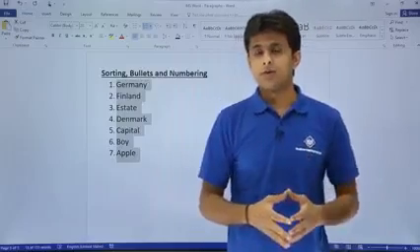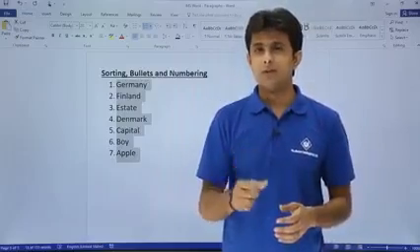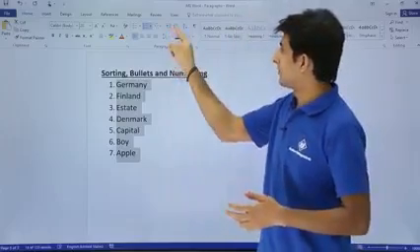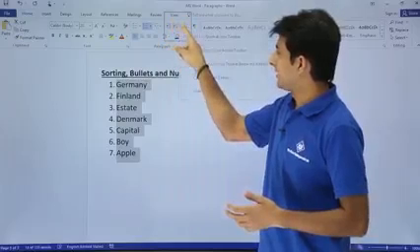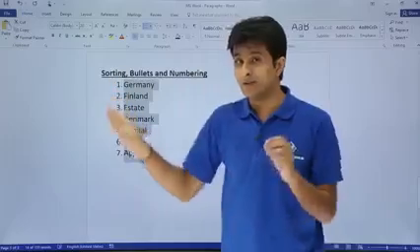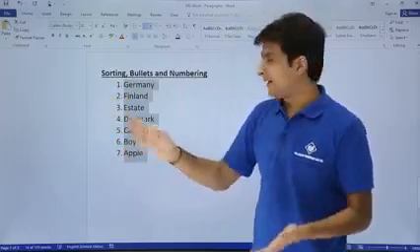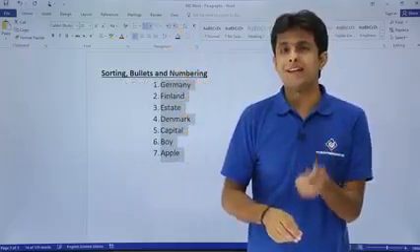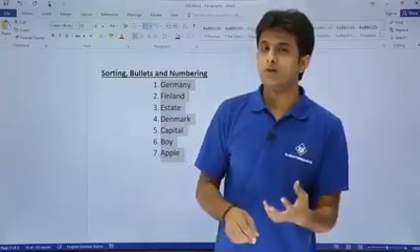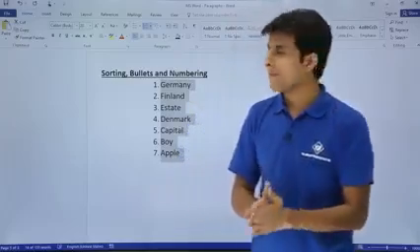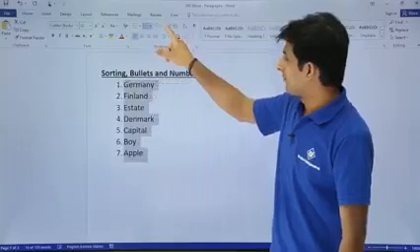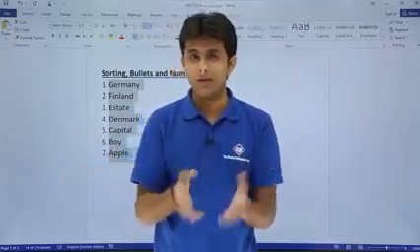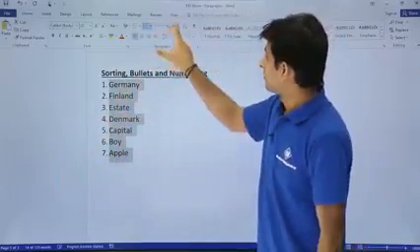Also one more thing I'd like to show you here, that is indents. Indents means giving small spaces in a paragraph or in a sentence. If you observe here, that is nothing but indents. If I click on this right indent like this, you observe what is happening to the text. The text is going to the right hand side, increase indent. That means small spaces are added. Sometimes you start a paragraph, you want a space in that paragraph with respect to the margin. Same way if you want, you can bring it back, that is left indent. When you have a lot of text, you want to show something highlighted in between, that time you can use this indent portion. So I hope you are able to understand.